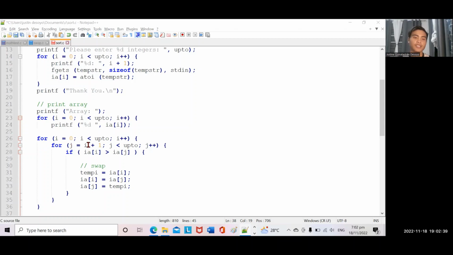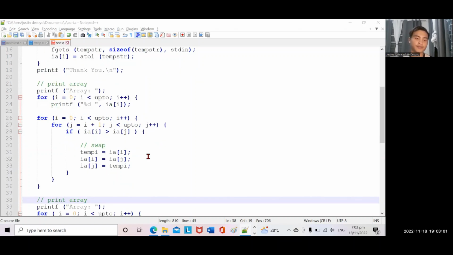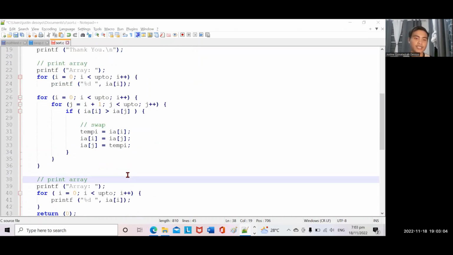So for i equals 0, i less than up, i plus plus. For j equals i plus 1, and j less than up, j plus plus. So if the array of i is greater than ia array of j, then we have to swap. temp i is equal to ia i. Next is ia array of i is equal to ia array of j, and ia j is equal to temp i. So in this part,